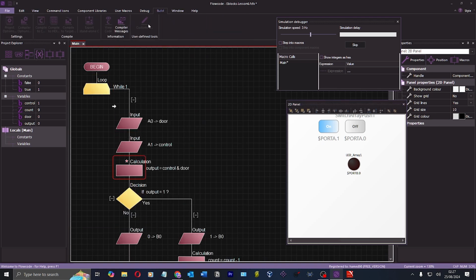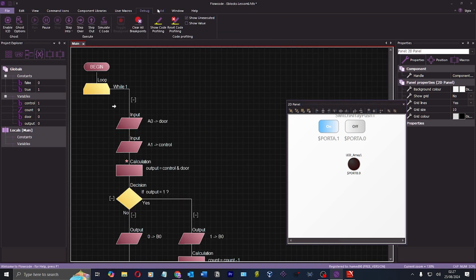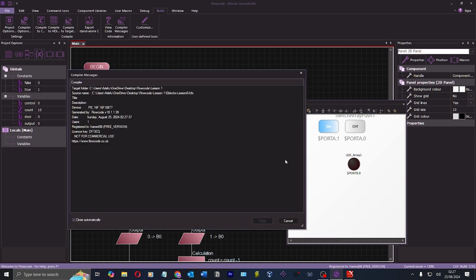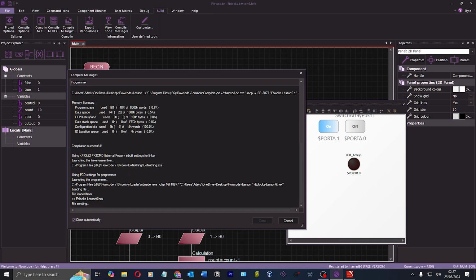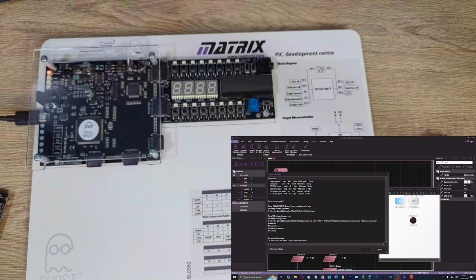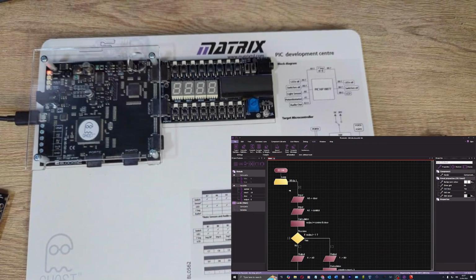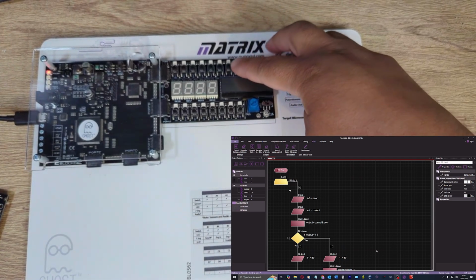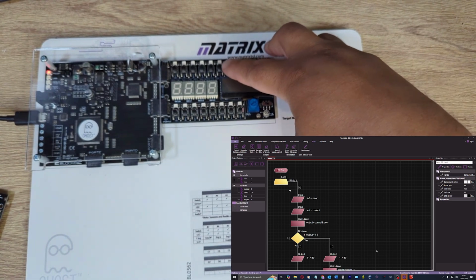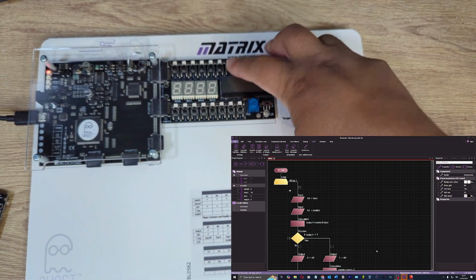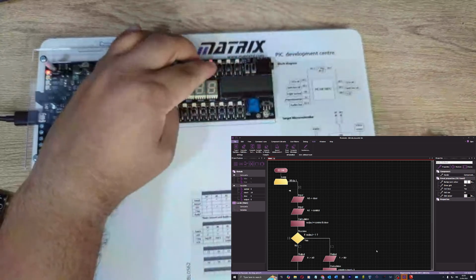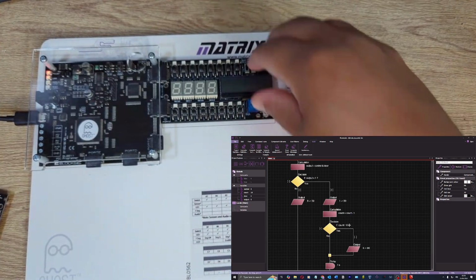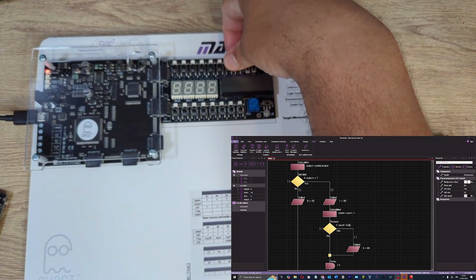Alright, let's build. So stop the simulation. Build it to our real hardware and just make a nice simple. Can I ever just get a nice simple control? Come on. This is easy programming, man. And I'm struggling. Alright. So press 1, nothing. Press the other one, nothing. Press both together, nothing. Why? I definitely got both the inputs on because you can see them there. So why nothing? If I press them both down, then